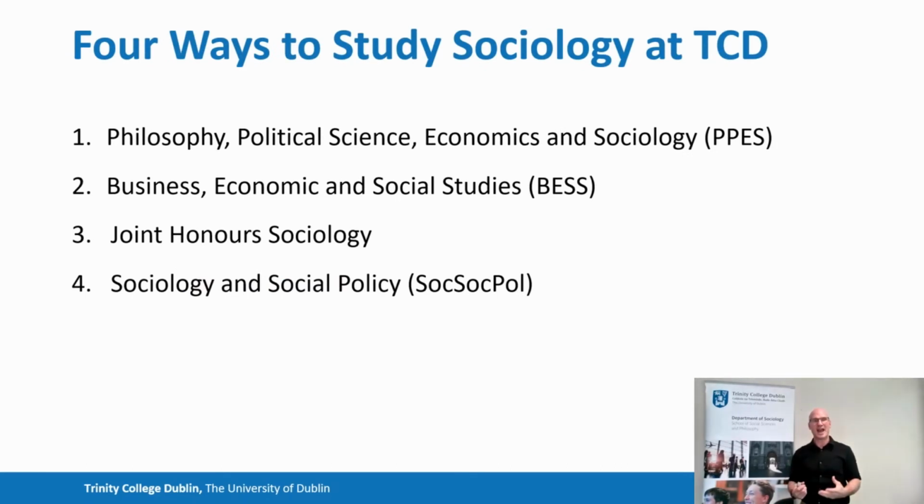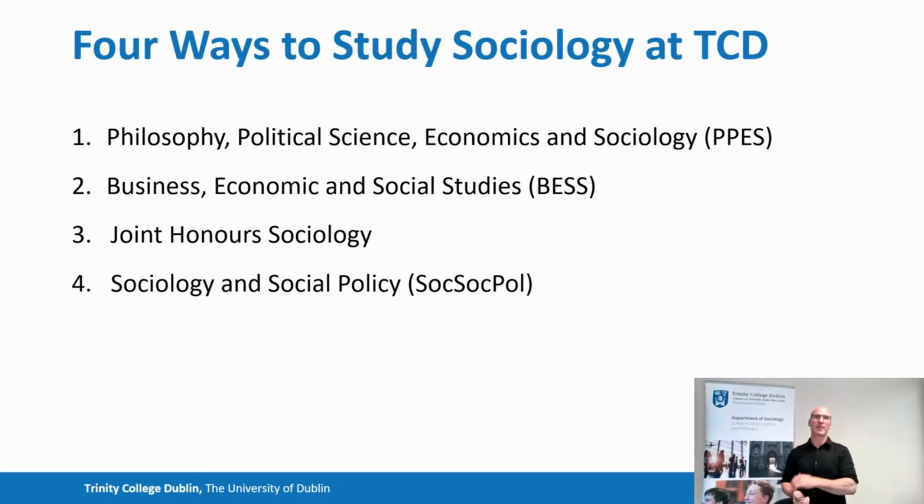Okay, I want to talk a little bit now about the 4 ways that you can study sociology at Trinity College in Dublin. There are 4 main programmes that we have at Trinity College Dublin that you can study sociology as part of. We've got philosophy, political science, economics and sociology, that's PPES as it's known. Business, economic and social studies, or BESS as it's known. Joint honours sociology, that's where you study sociology alongside another discipline. And lastly, sociology and social policy, where sociology comes together with the School of Social Work and Social Policy to be able to show sociologists how sociological knowledge can be applied in the real world for intervention, to make